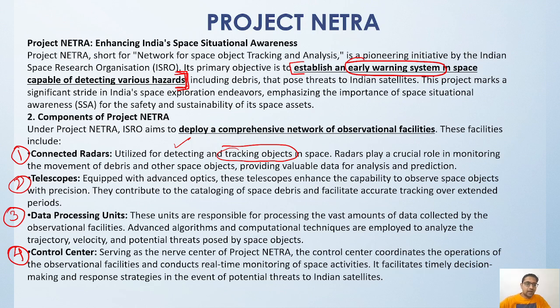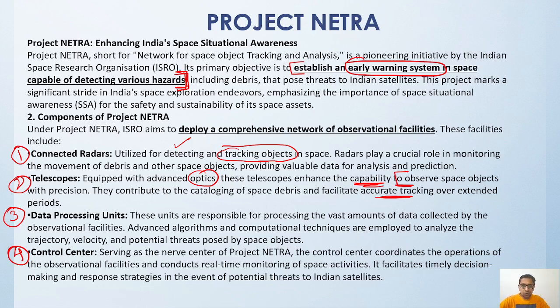Then we will be having a telescope with an advanced optic system. This will further enhance the capability of observing in space with more precision, so accurate tracking will be happening. Along with the connected radars, we will have a telescope system, and the data of the connected radar and telescope will be fed into the data processing units, where all the data will be collected, and proper flow, algorithms and computational techniques will be utilized